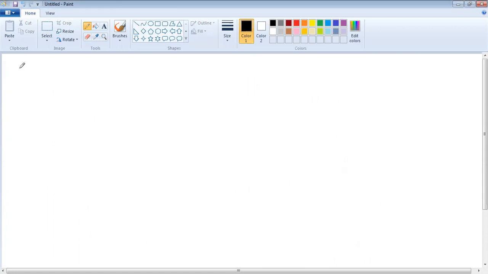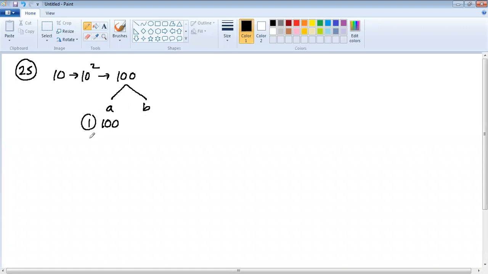So the last question is today's topic: 3 different Pythagoras triplets for 10. Okay, today's topic. You take the square of 10. 10 squared is 100. Then find all possible factors A and B. First is 100 and 1. Second is 50 and 2, 50 into 2 is 100. Third is 25 into 4, which is 100. Fourth you can also get is 20 into 5. And fifth is 10 into 10.